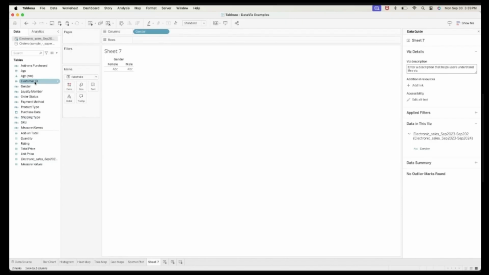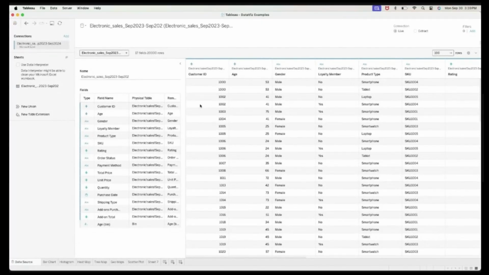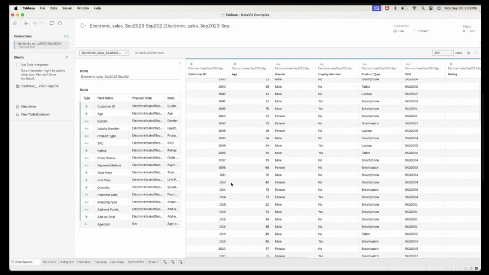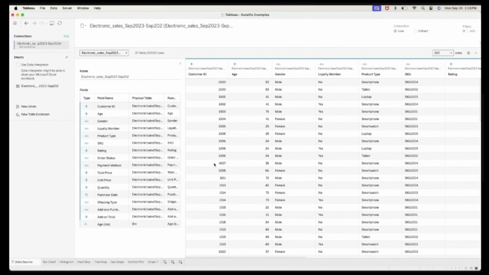So for the customer, how will I know? I will need to count, right? Let's go back here. I have a customer ID, which is supposedly the unique identifier for my customer. However, if you take a look at the data set, sabihin nyo, may mga paulit-ulit na customer ID. Why? Because this particular data set is sales data. So it's okay na uulit yung customer mo because a customer can have multiple orders at the same day, at the same time, different products or the same product, ganyan. Okay lang yun na maulit siya because this is a transaction data set.